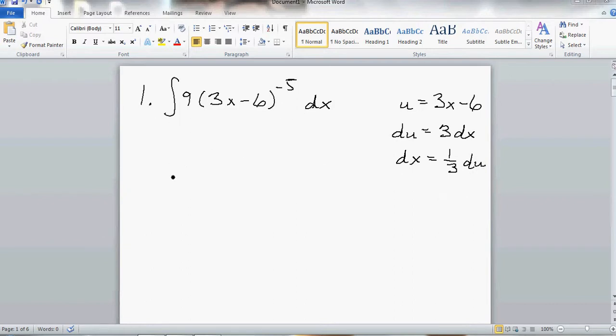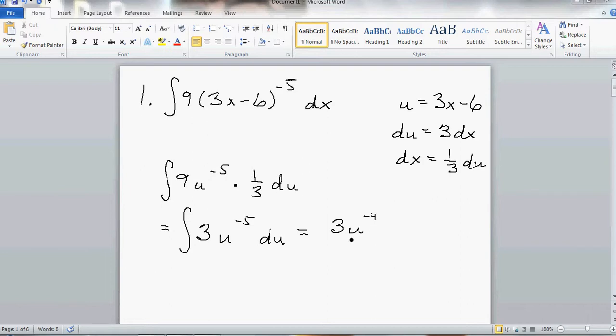But then what we do immediately is substitute in for things that we know. For example, we don't have anything for that 9, so the 9 is going to remain there. But 3x minus 6 becomes u to the negative fifth power, and the dx becomes 1/3 du. Now cleaning this up, 9 times 1/3 is 3, u to the negative 5 du. And so finally we can take the integral, which would be 3 u to the negative 4 over negative 4